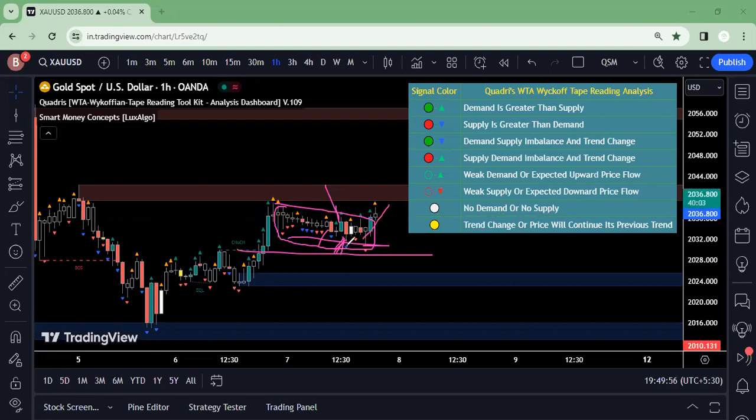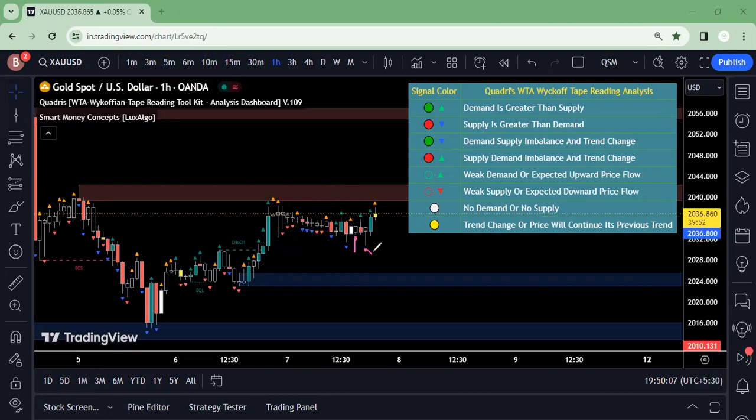So after this one, this is the follow through, which suggests there is no supply, and these two candles add more weightage to our analysis. And this particular candle, remember this one, red with green, that means supply demand imbalance and a trend change is evident. So